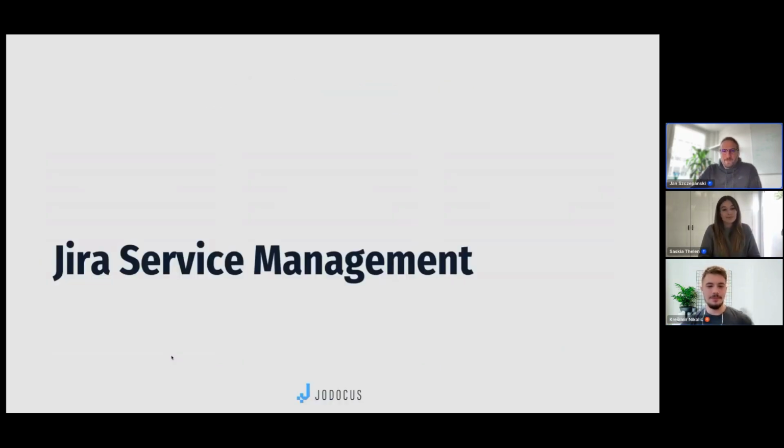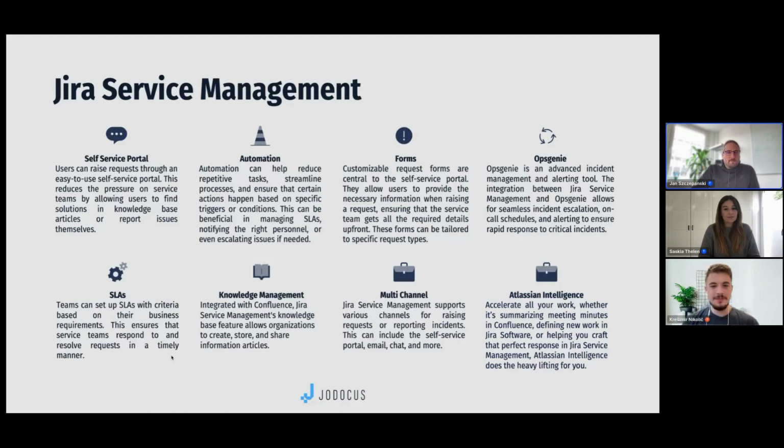Okay, so Jira Service Management, what is it? What can we do with it? I just brought my 8 top features of Jira Service Management. Jira Service Management is like Jira Software, a module that adds to Jira Basic, Jira Core, which is now Jira Work Management. And it comes with a self-service portal where you can build different Jira projects, which serves as a portal for various teams like marketing, not only IT, so marketing, sales, office management, or facility management, where